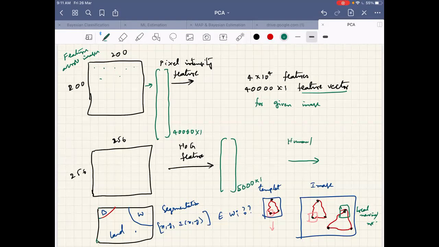Any such other examples where I need the global features? Or can you name any other applications? So I have face recognition. See, even in face recognition, as I said, this is a face image. Assume that this image itself is a face image. So I will be using the whole face image features to recognize whose face it is. Fine. Right. Any other applications?